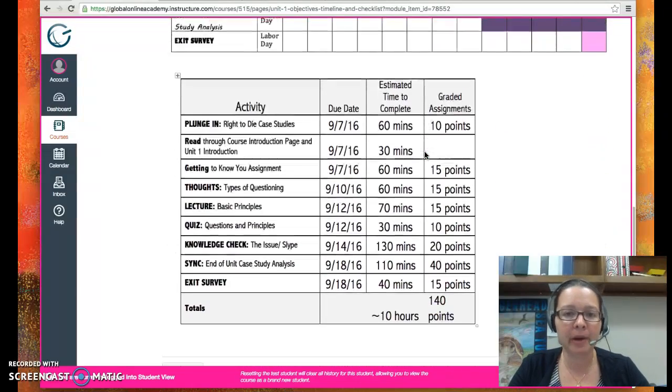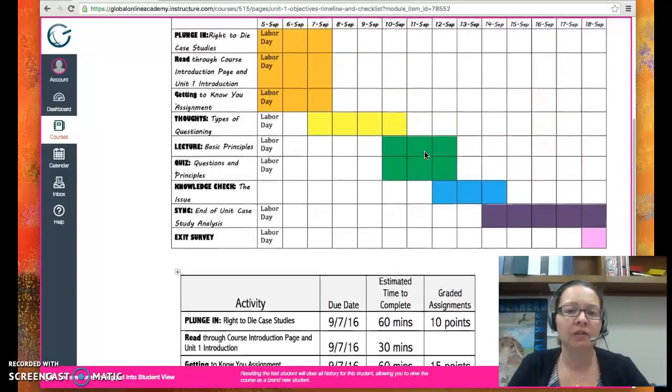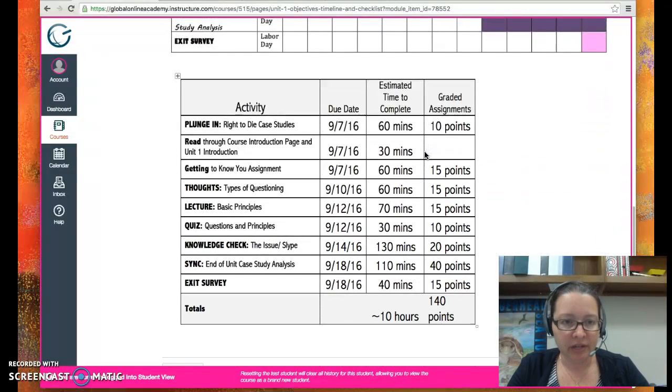When you scroll down to the bottom, this is what I call the time chart. So this is your timeline, and this is your time chart. And so here's all of the activities again that we just talked about up there. So you see there are the actual due dates, and then here's an estimated time of completion. That doesn't mean it's going to take you 130 minutes to do this. It just means that that's an estimation of what you should be thinking about or looking at in terms of how long